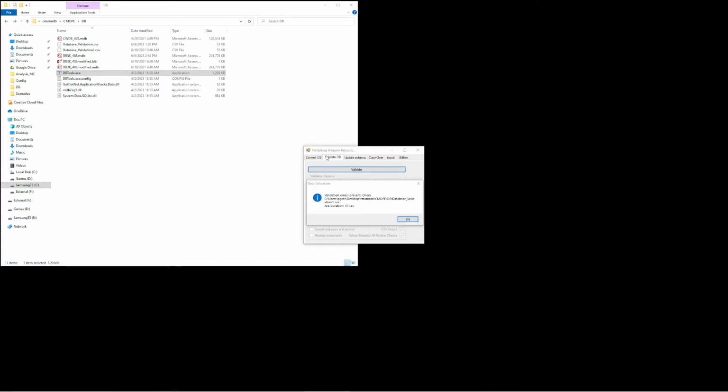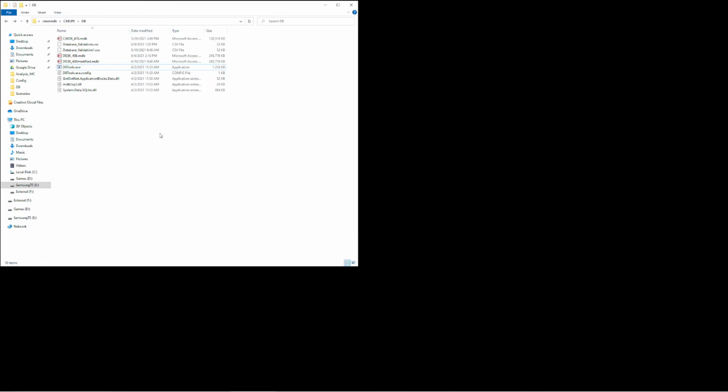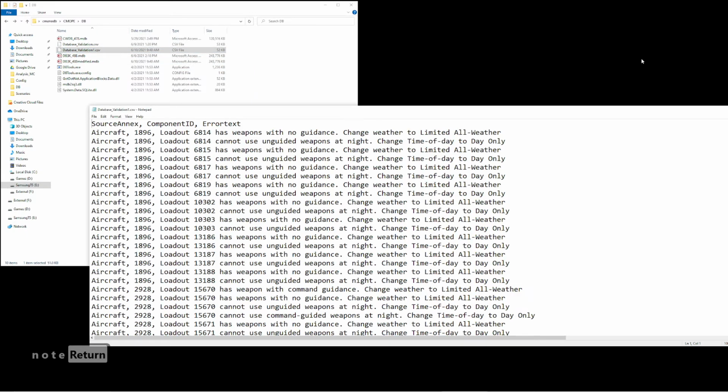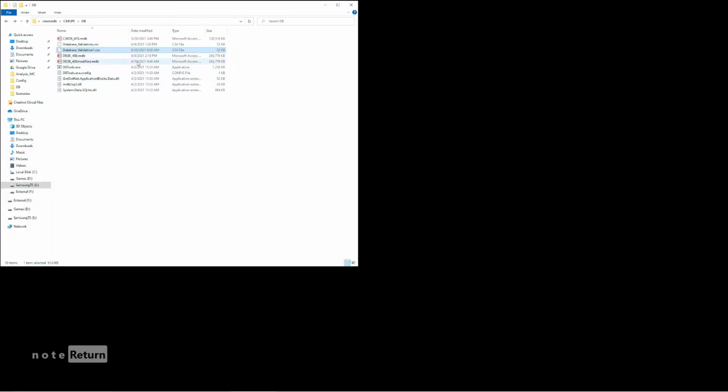All right, the validation process is finished. We're going to press OK. Now you're going to get two different files for the data validation. The first one is going to be a CSV file, which you can go ahead and open. In this case, I don't have Excel installed at the moment, so I'll just take a look at it this way. The second way is you can actually open up the database itself and take a look